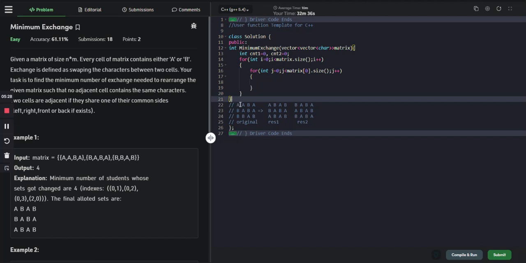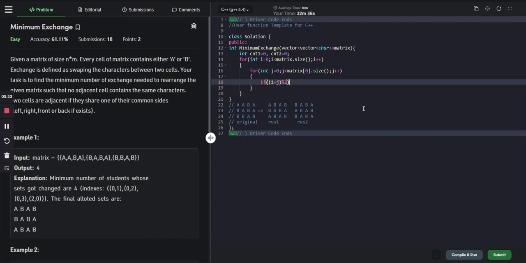So what does that mean? That you can use the row and the column's index to determine whether it should be A or B. So let's say if i plus j is odd,